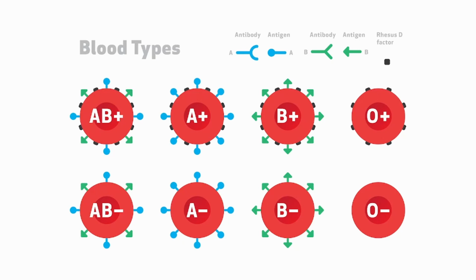So first of all, blood types. In NCERT there are two types of blood groupings given, ABO and Rh blood grouping. In ABO blood grouping, a person with A blood group has antigen A. Whatever blood group they are, they have that antigen, and they have the other blood group's antibodies. For example, A has anti-B antibodies and B has anti-A antibodies, and that's why blood transfusion isn't possible between